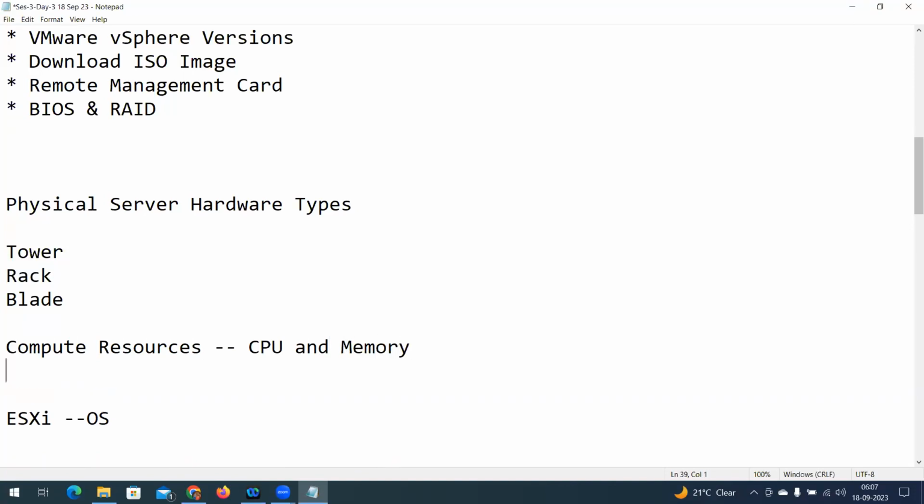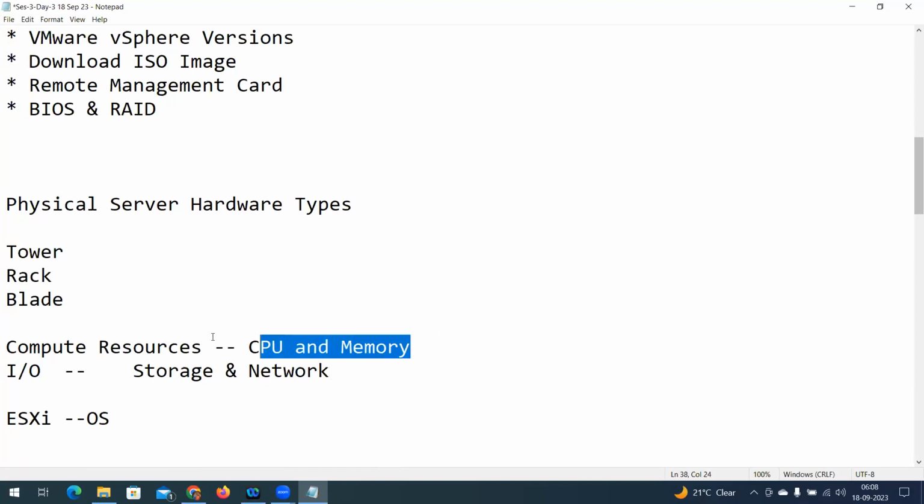What are IO resources? IO resources are input and output operations. That is storage and network. So first of all, whatever server we choose should be able to process a number of